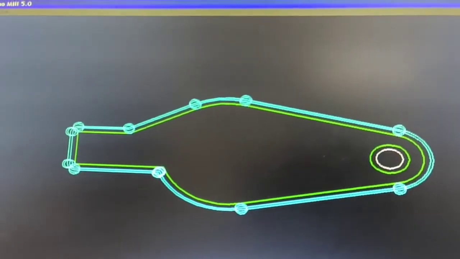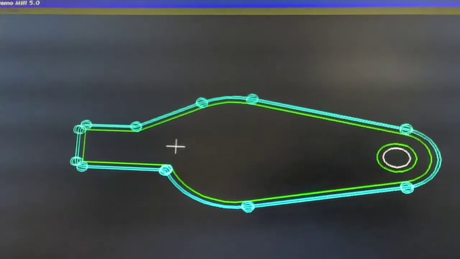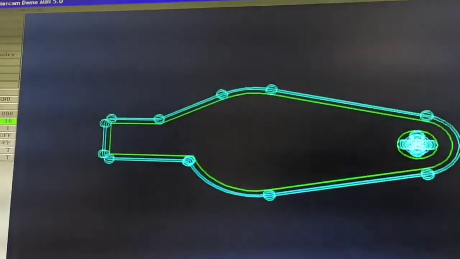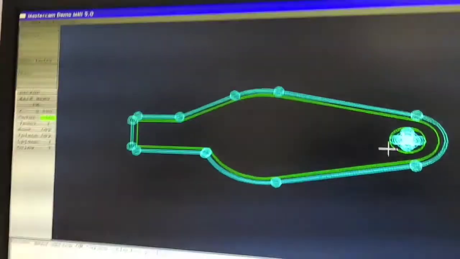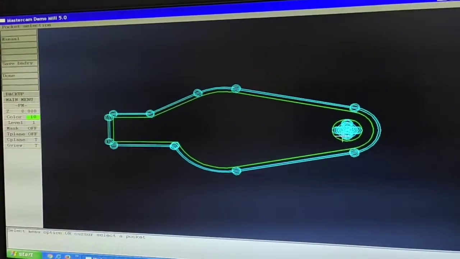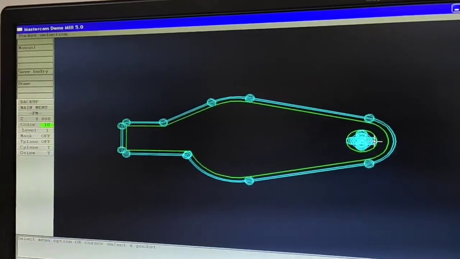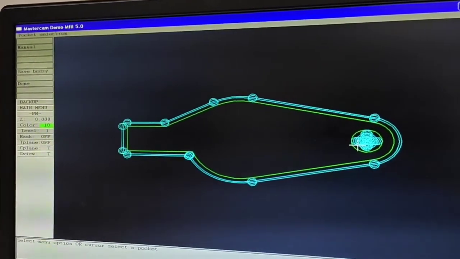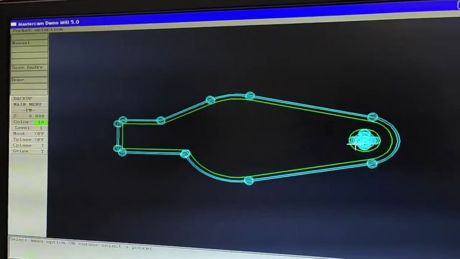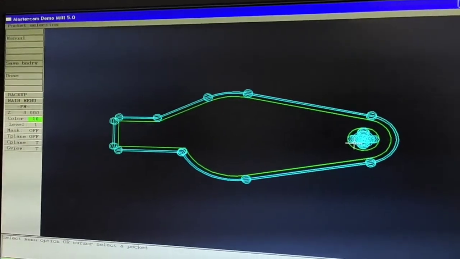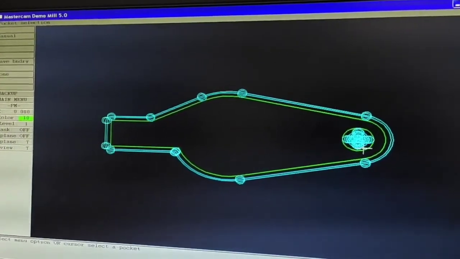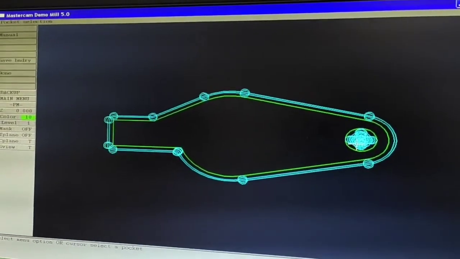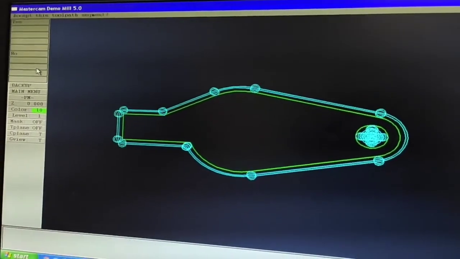You have to select all. So it will change as here. This is the pocketing option. Pocketing option means up to the circle, the total area will be removed for the particular depth. Particular depth means we are entering 5 mm depth in the Z axis. Up to the 5 mm depth value, the total area will be removed. This is the pocketing. So done.